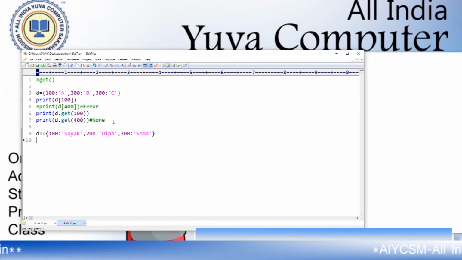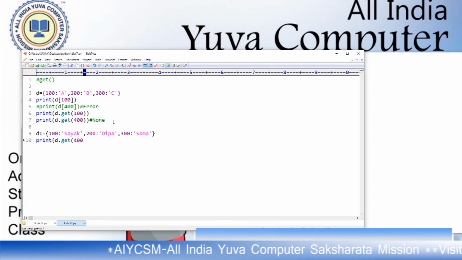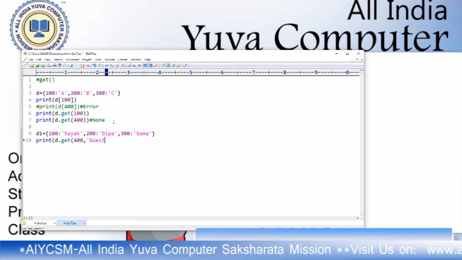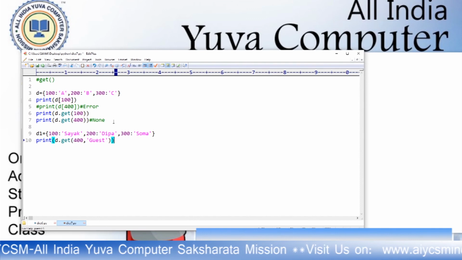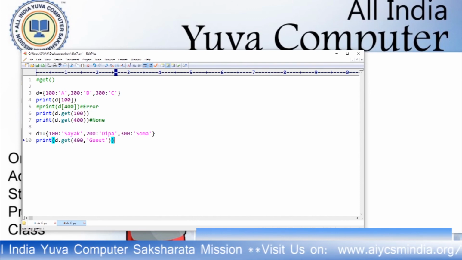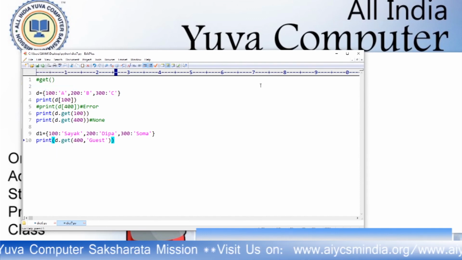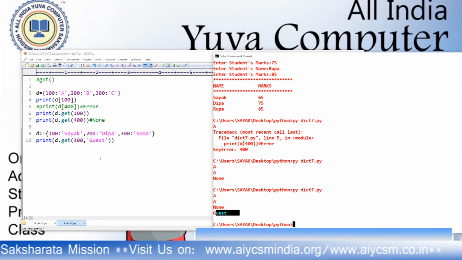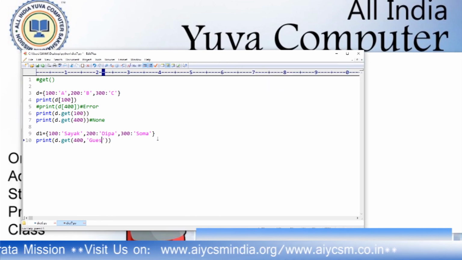And if I want to print, the get function has two parameters, d dot get, and now I want to print 400 which is not available, and then I pass a message, then instead of None it will return that message, because this is not available here.